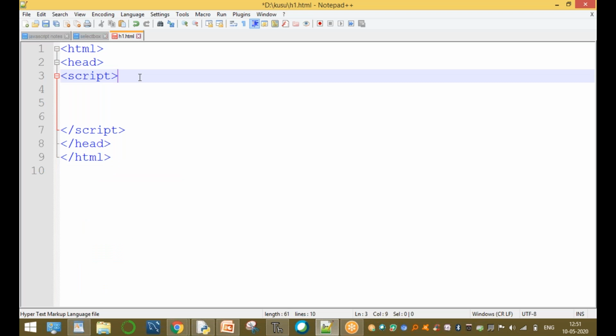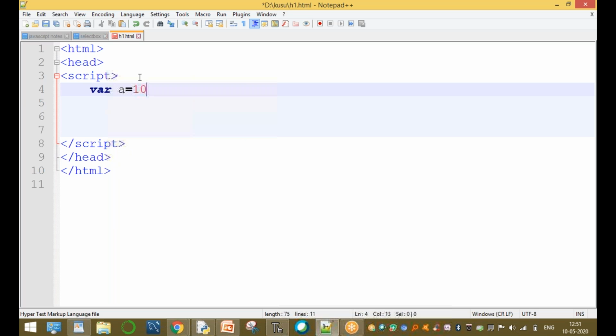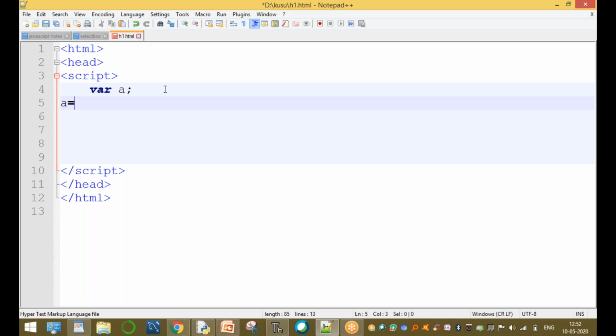For example, we are declaring a variable: var A equal to 10. Here we declare a variable with var, without any data type, and initialize the value, A equal to 10, semicolon.